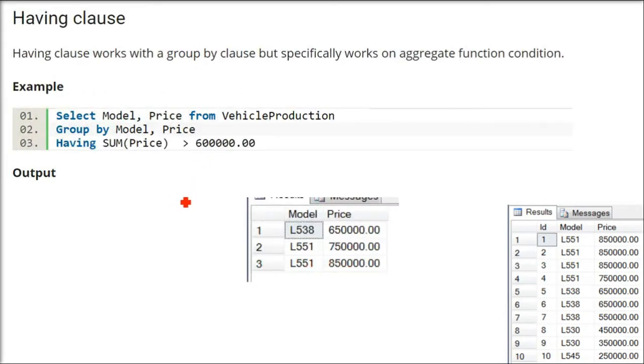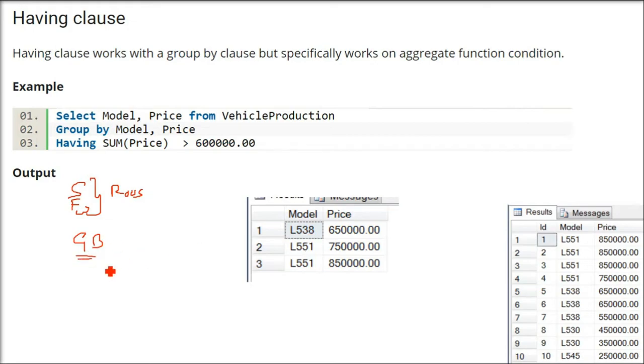Clear? Having. Now when we have where with select from where, what if you want to have a condition for group by? Select from where was already there, so it will work on the rows. What about the condition that you want to put on the columns, which is coming after group by?